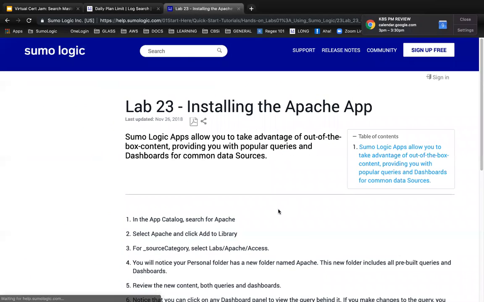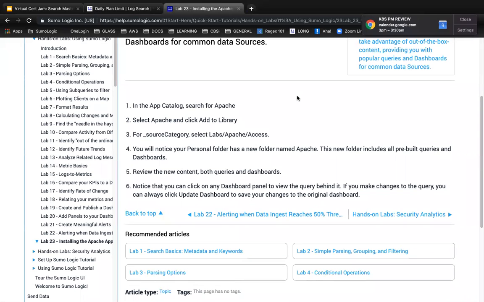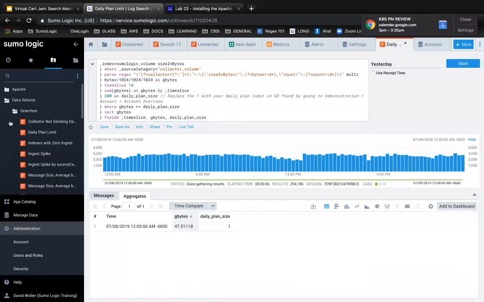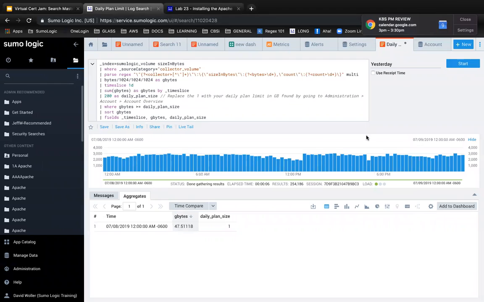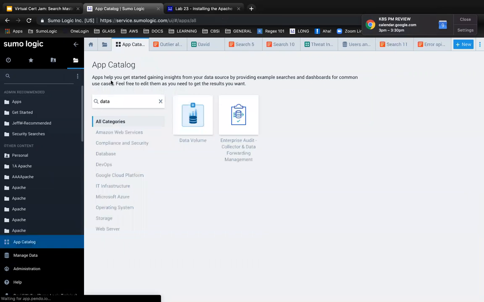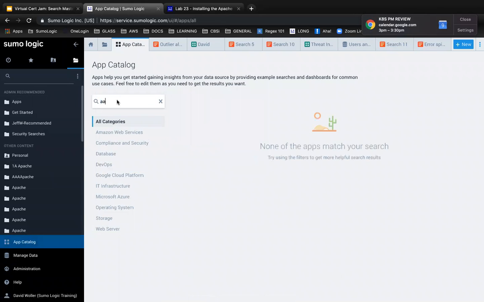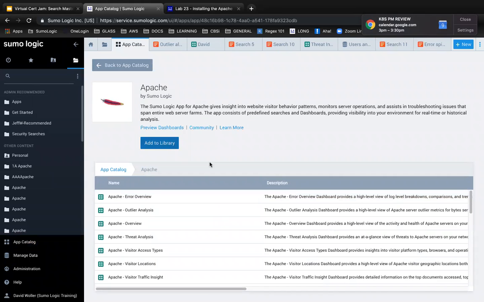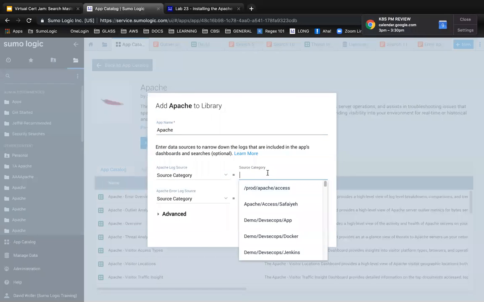And then lab 23, installing the Apache app. Basically, you just go to the app catalog and click the button to install it. You have to provide it with the source category. I think in ours, it's labs Apache, and you could either do star, or if there's a separate one for access and error, I forget, I haven't installed it in a while. Let's go ahead and just do that. So when you click to install this, yep, this is the one for Apache access,